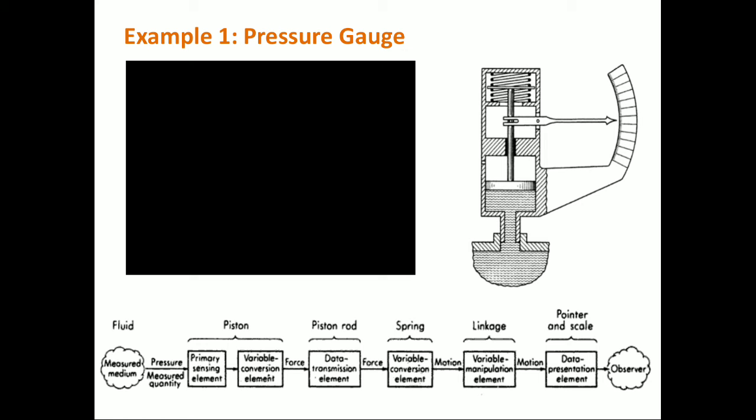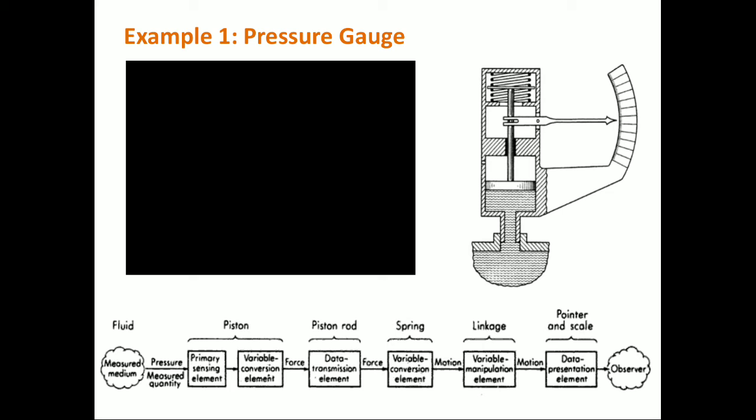Now, as an example, we can see a pressure gauge. A video is actually embedded in this slide, which is available in Linways. You can find that video over there. This pressure gauge is used to measure the pressure prevalent in a liquid medium. In the bottom portion you can find a liquid, and to that liquid a piston is connected, and the top portion of the piston is connected to a spring,